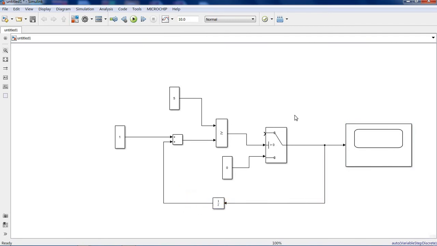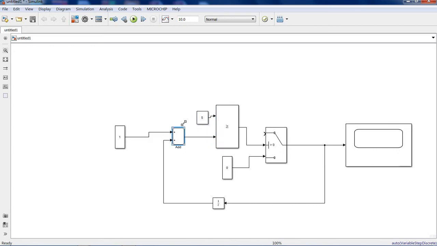And one more, this I have to connect here.